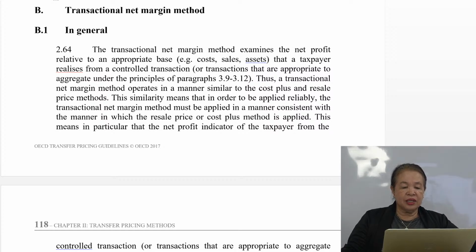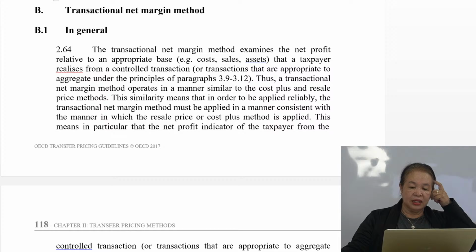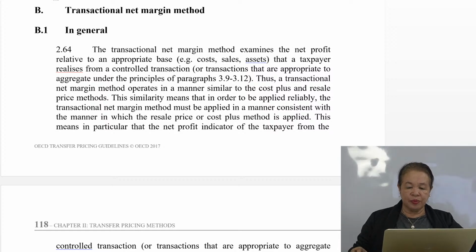Thus, a transactional net margin method operates in a manner similar to the cost plus and resell price methods. This similarity means that in order to be applied reliably, the transactional net margin method must be applied in a manner consistent with the manner in which the resell price or cost plus method is applied. So this means in particular that the net profit indicator of the taxpayer from the controlled transaction or transactions